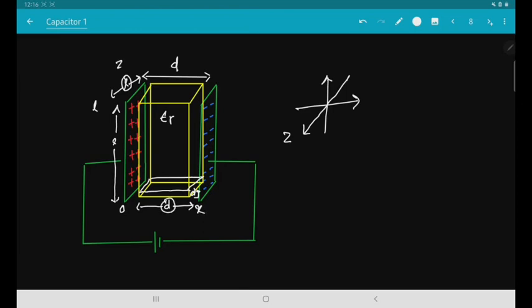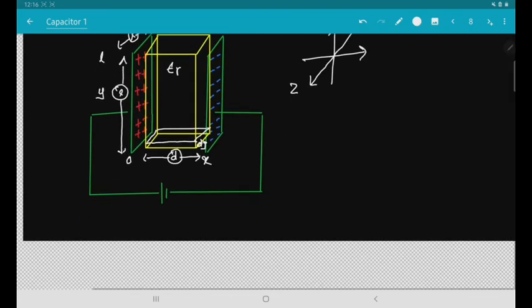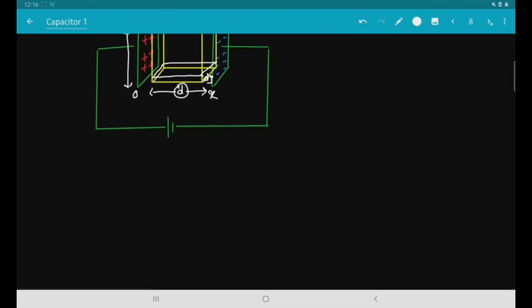This is along the z axis, and along the y axis we have this L. So we are going to integrate along the y axis, and as the change is vertical, we are going to consider this as series capacitance. So first we will consider a small capacitance dC. Now this small capacitance dC we know is given by the equation epsilon r into the original capacitance, that is epsilon naught. We will have dA divided by the distance between the plates.